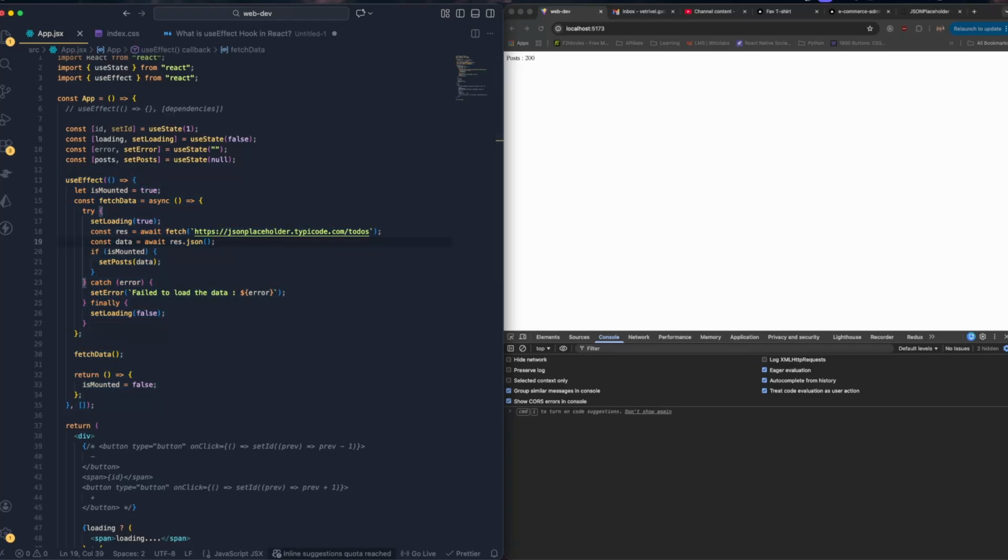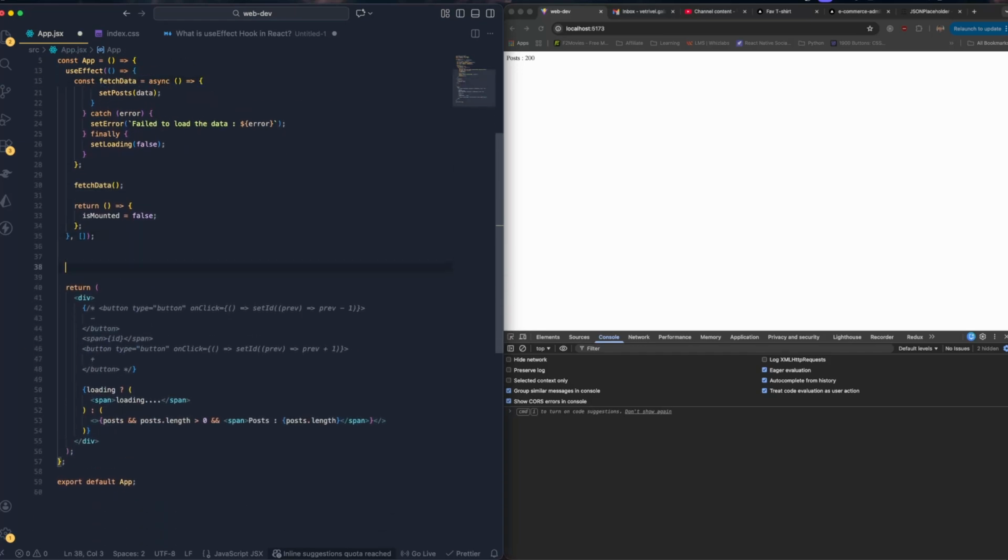Okay, so this is all about how to work with the API functions and working with the cleanup as well, right? So this is the best approach for working with the real case scenarios. Now let's talk about cleanup functions, how they are handling the event handlers, how we can handle the event handlers when we are working with the useEffect functions. Okay, so